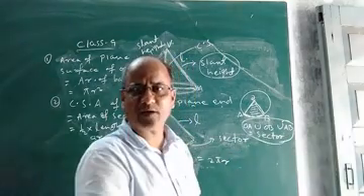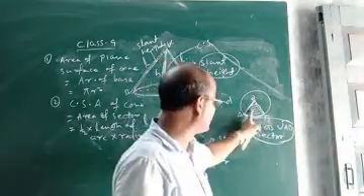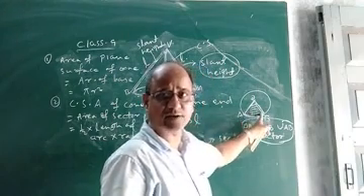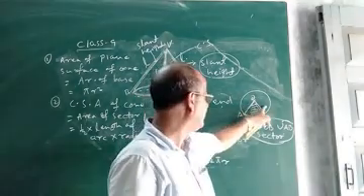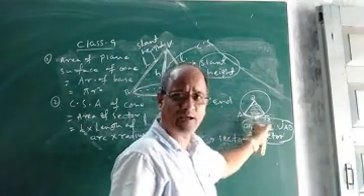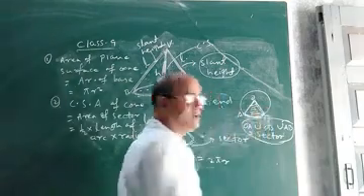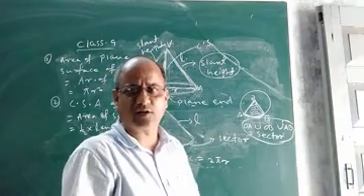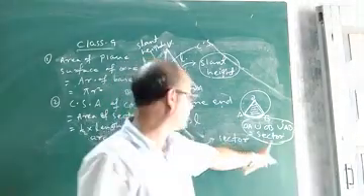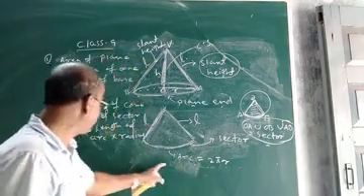In simple language we can say that the region enclosed, I have given here the dotted lines. These dotted lines represent the region between two radii OA and OB and one arc. This is the arc and these are the two radii. Between two radii and one arc, whatever region is enclosed, that region is known as a sector. So it is the union or combination of two radii and one arc.